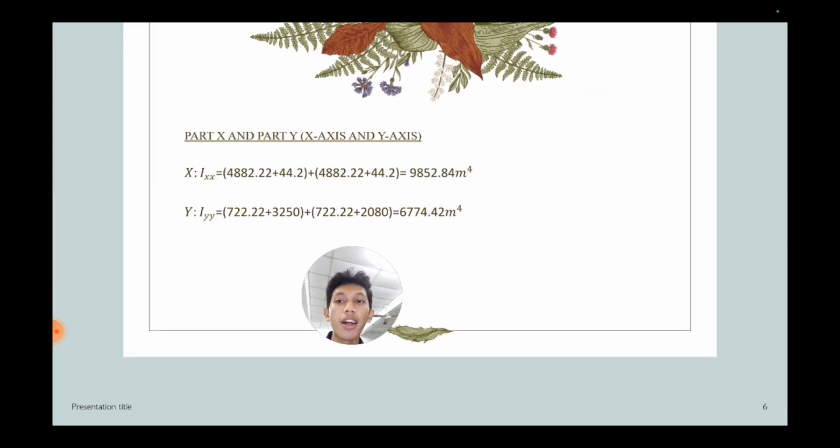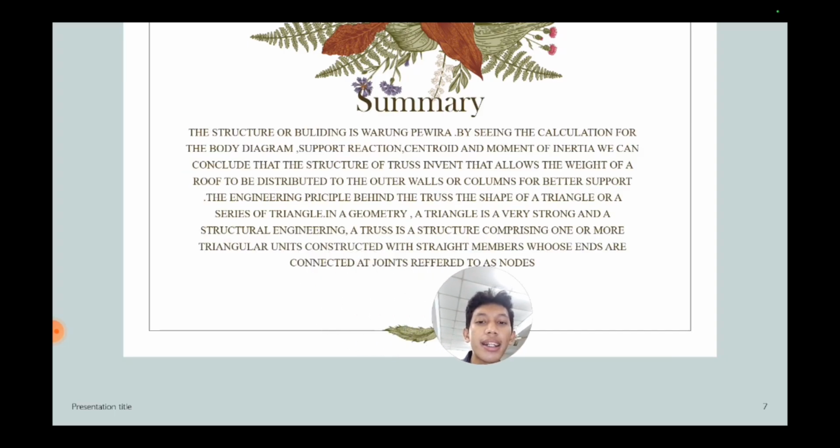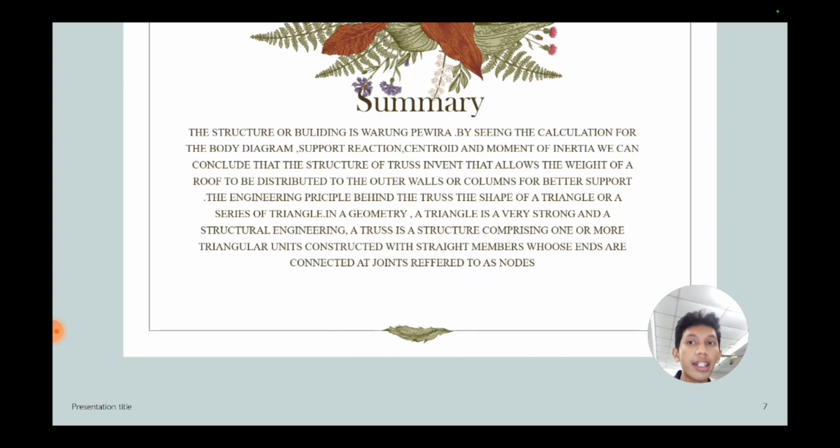And last but not least, the calculation of the inertia at part X is 9852.84 in meter fourth, and meanwhile the inertia in part Y is 6774.42. And last but not least, in the summary, in this particular study is the structure of building in this warung. By seeing the calculation for the free body diagram, support reaction and centroid, and the moment of inertia, we can